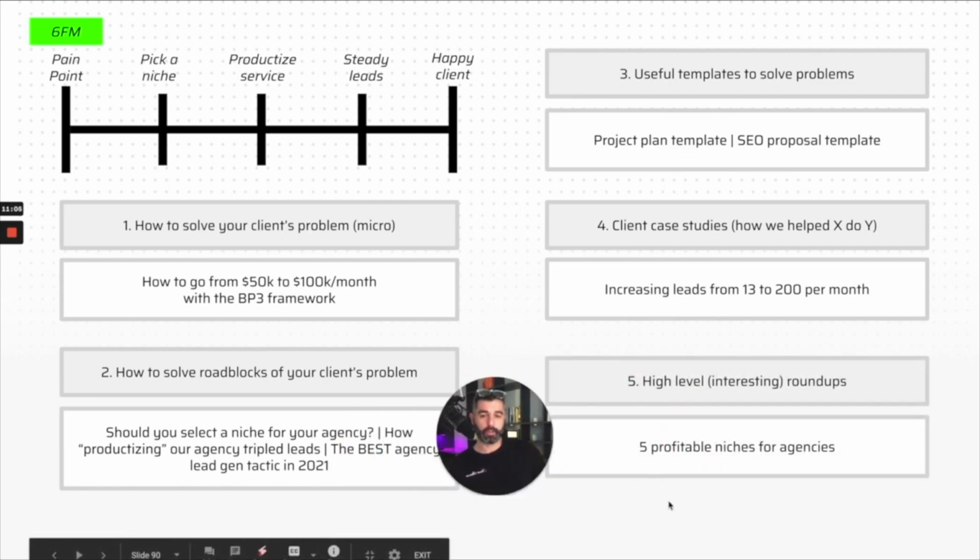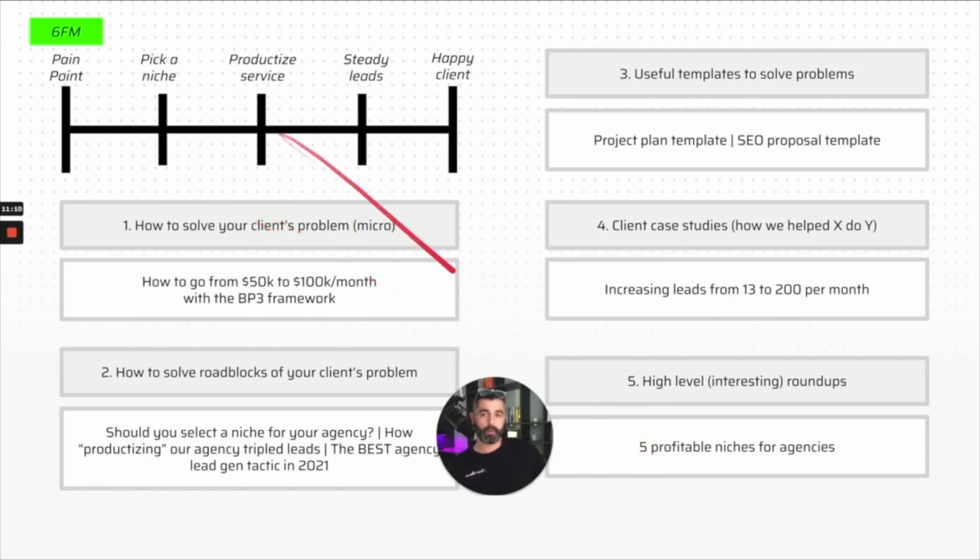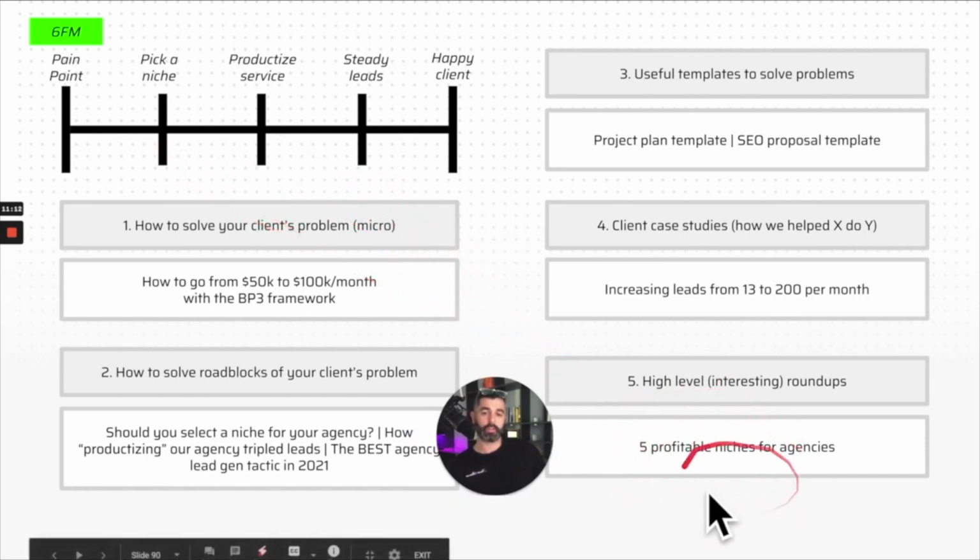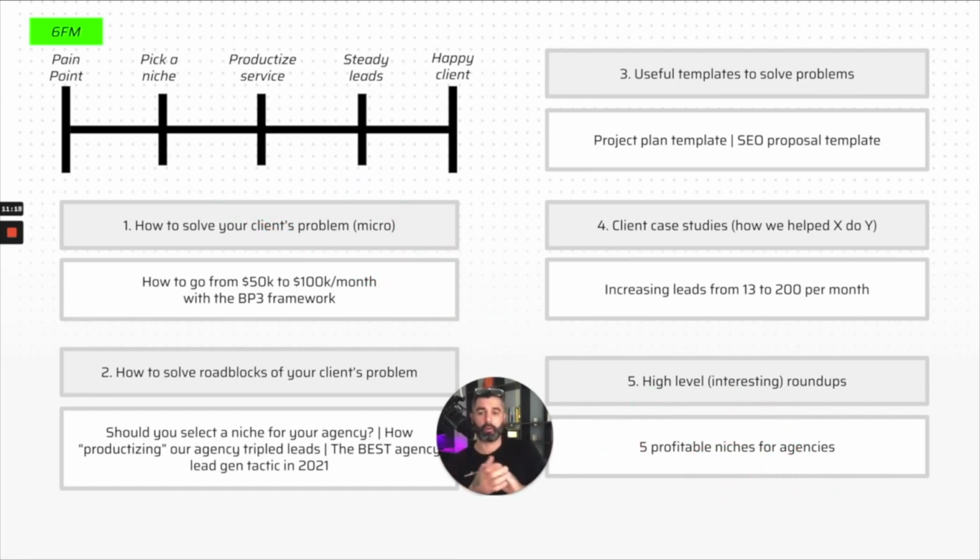So again, you can see that just because this is high level, it doesn't mean that it doesn't have to map to what we're talking about. It's just how we're positioning this in a little bit more of a lighthearted way. Again, when you think about breaking through to cold audiences, they're probably not going to want to read maybe the ultimate guide to SEO for dentists. It's just a lot. It's heavy. It also just might not be something of interest to them.